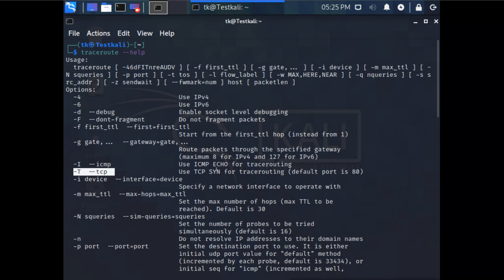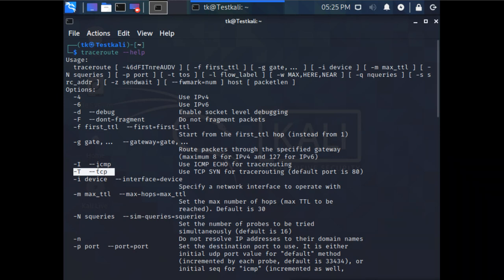But if I want to trace the internal network, like how many hops are there after the firewall, maybe after the firewall there are routers, meaning different departments inside the firewall, I want to throw my packet through the firewall. So I can use this -T option, which is available on Linux machines when you do the traceroute.